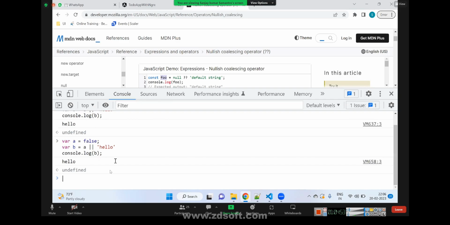So that's how hello would be printed. If it is false also, it will print hello only. And if it is an empty string, it will still print hello, because all these are falsy values. If any falsy value comes here, ignore that and use the second value, right? Yeah. Any falsy value. But when you use this,